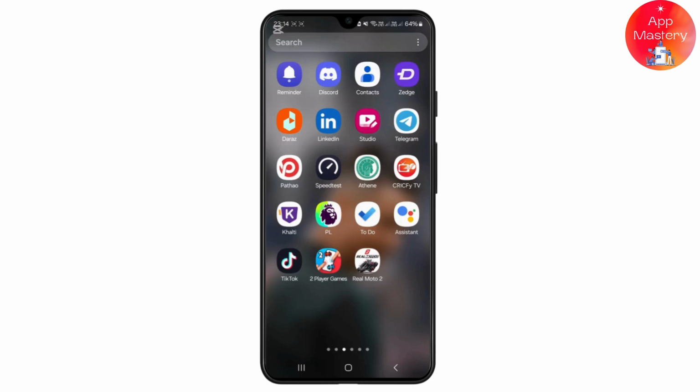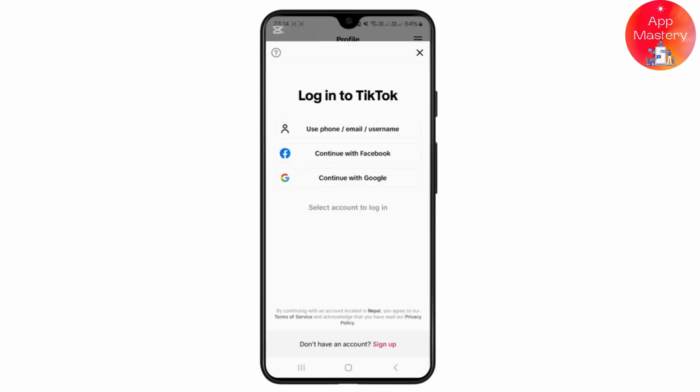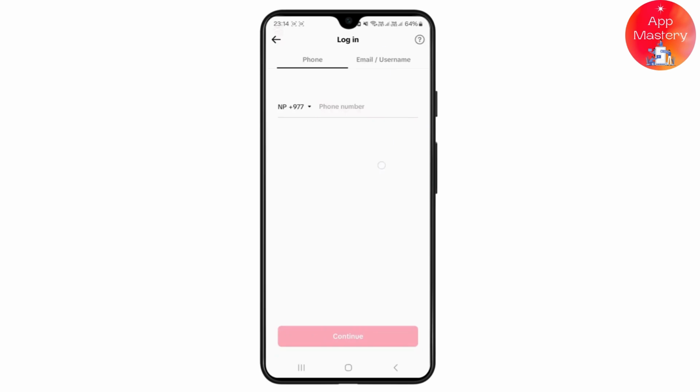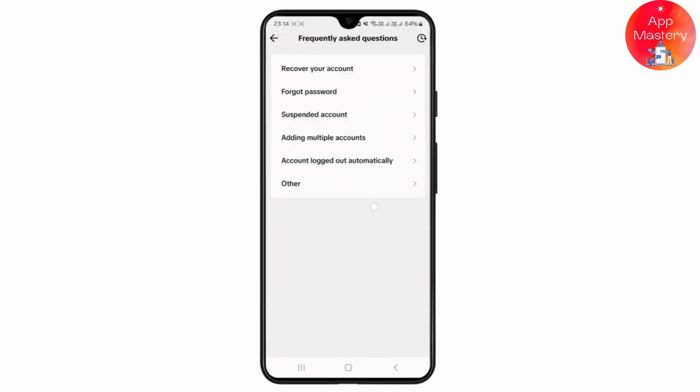In this quick tutorial I'll be showing you how you can recover TikTok account with only username. So first thing, just head over to your TikTok application, and once you're inside here, just click on this login with your email or phone number, and once you click on it, just tap on this what icon or help icon at the top right corner, which will take you to this page where you'll just have to click on